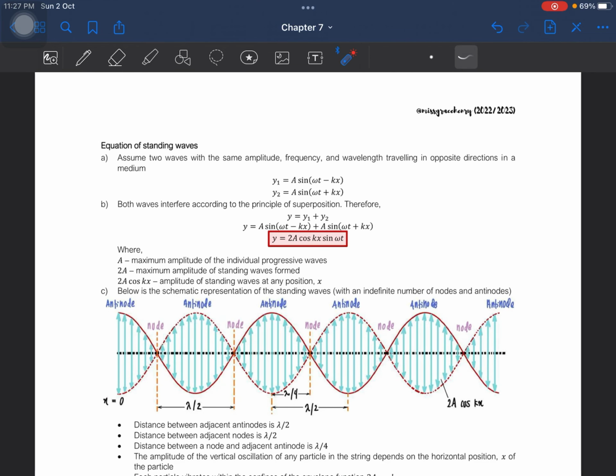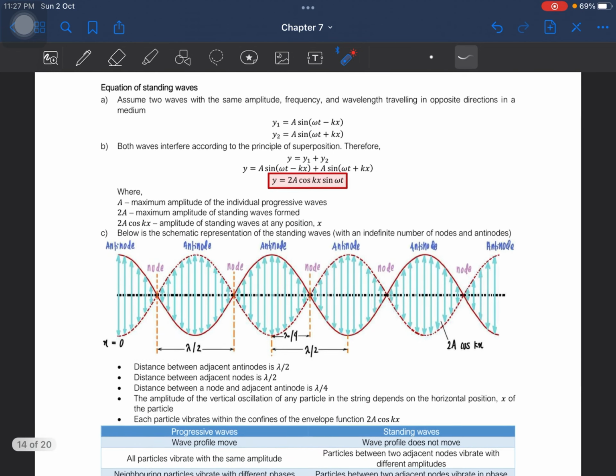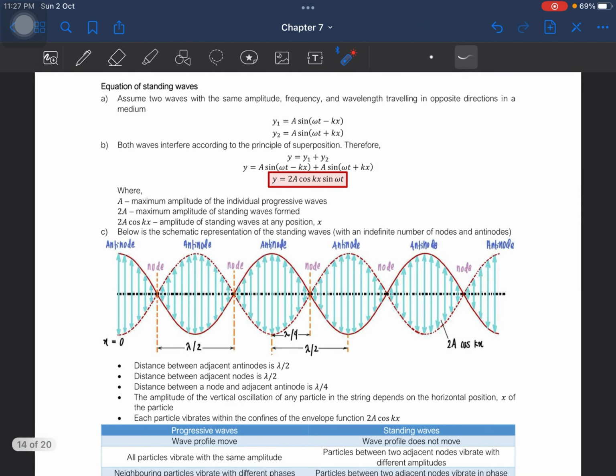So if the question asks for the equation of their superimposed wave, this is how you determine the equation. This is the general equation. So A is the maximum amplitude of the individual progressive waves. So A here is for the progressive waves, they are moving, right. And then